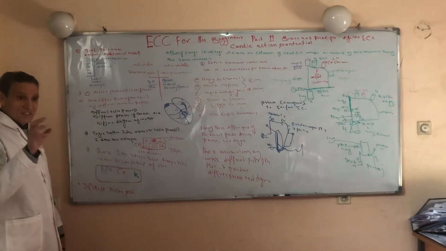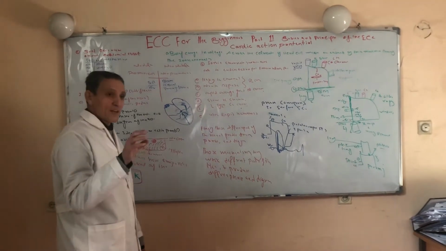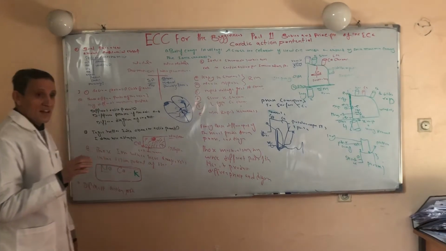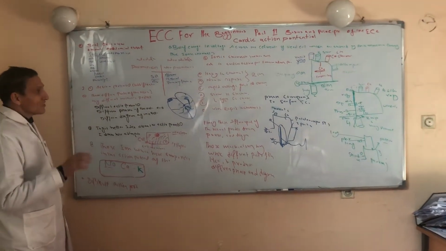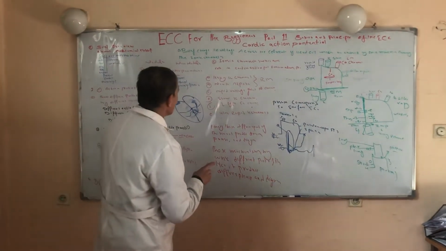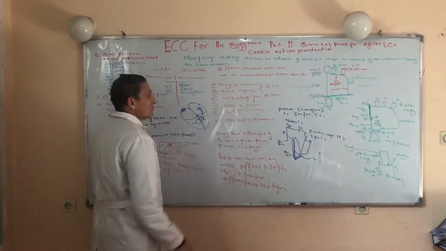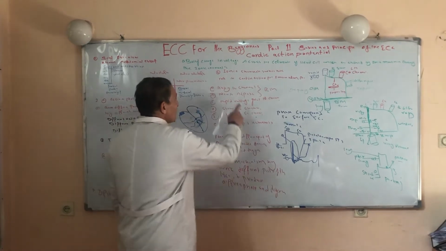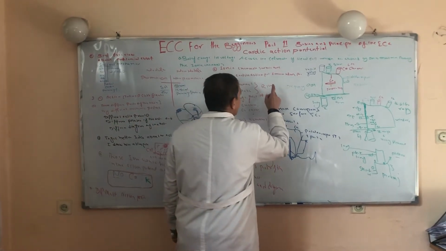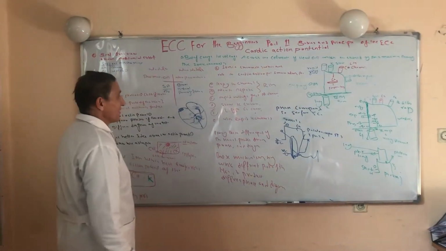Remember, in addition to these three ions, those channels which are embedded within the cell membrane of the myocardial cells are also divided into two parts. These are explained here one by one. The first channel is the leaky potassium channel. The second is the sodium potassium ATPase. Remember, these two channels play a major role in the formation of the resting membrane potential.